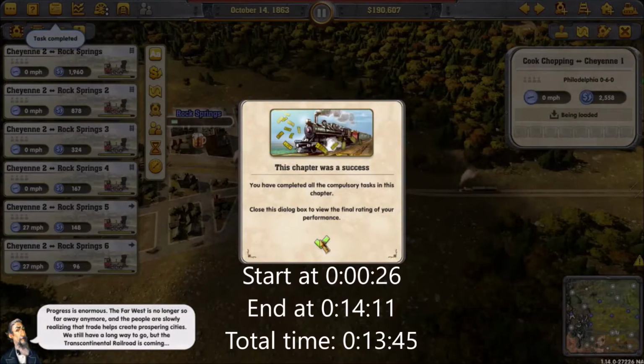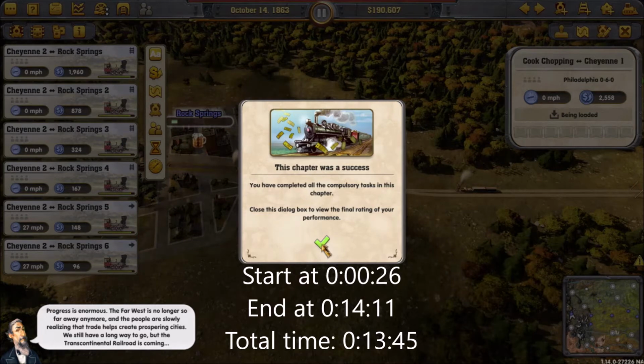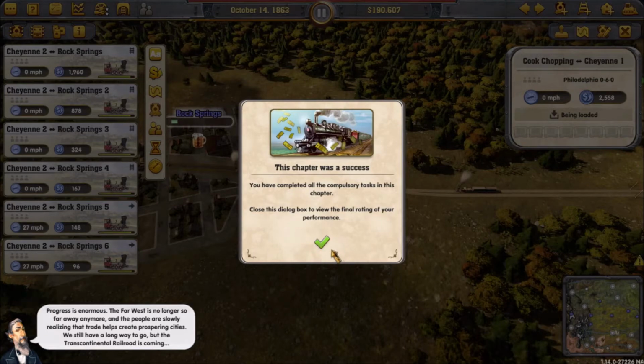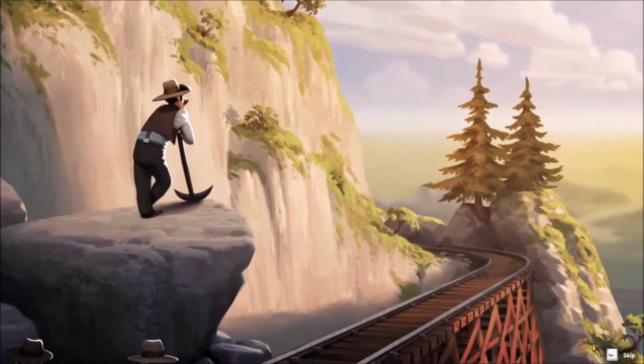Progress is enormous. The far west is no longer so far away anymore, and the people are slowly realizing that trade helps create prospering cities. We still have a long way to go, but the Transcontinental Railroad is coming. In spite of all the challenges, the Union